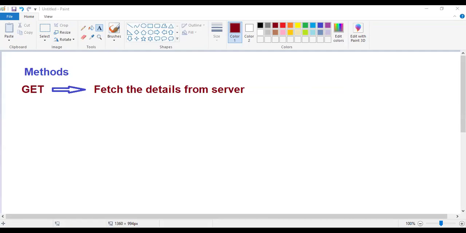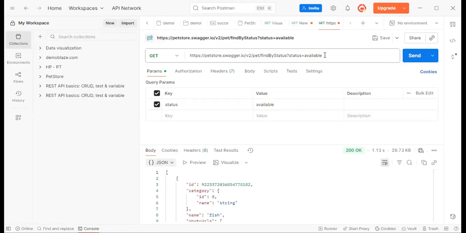First one is get, right? Get means you always send a request to the server and we'll get the details. Okay. So it will retrieve the data from the server. Okay. And next is